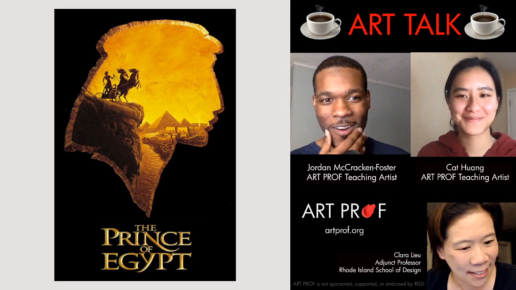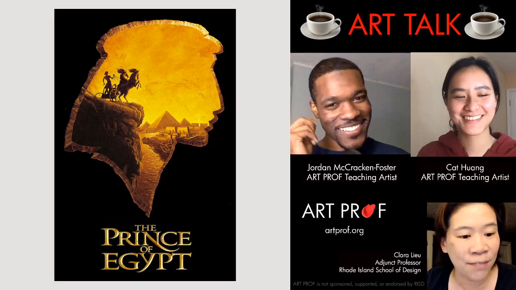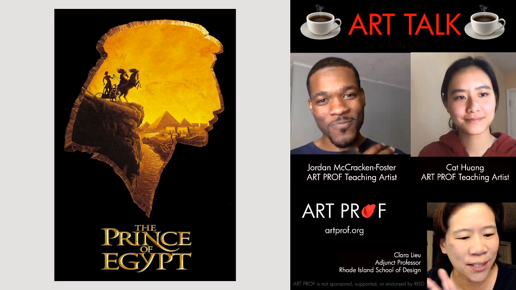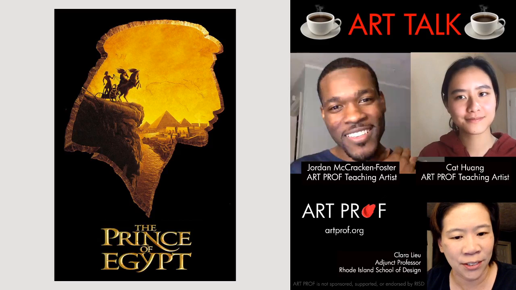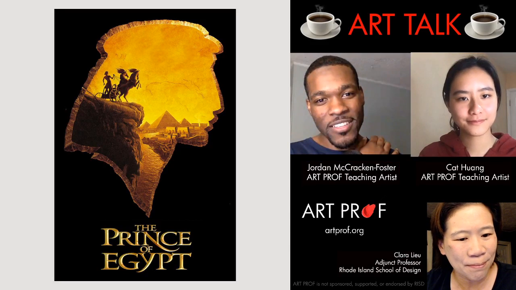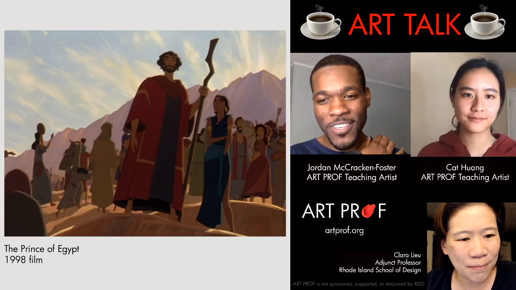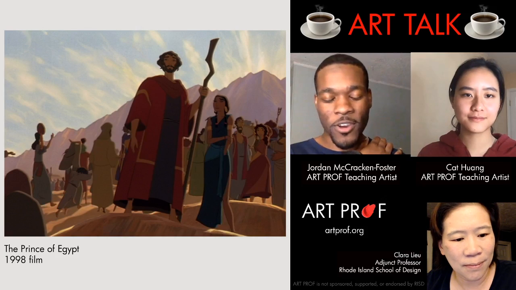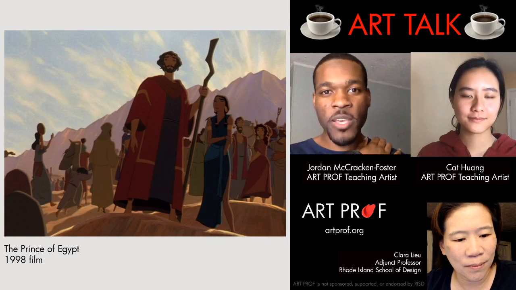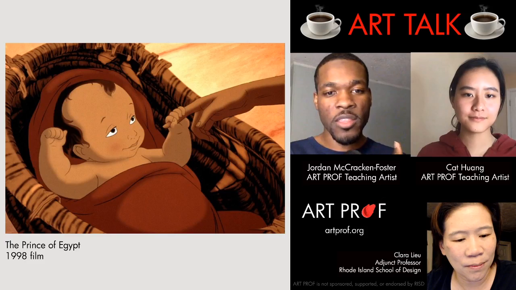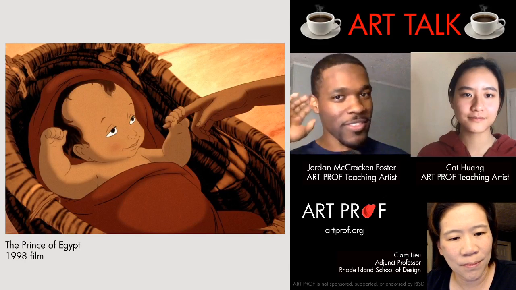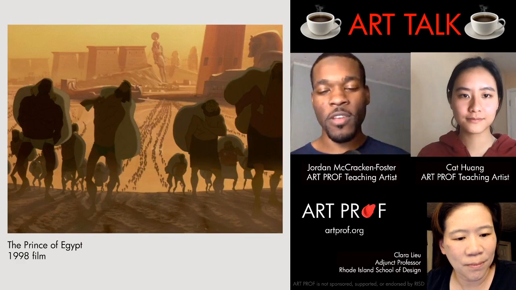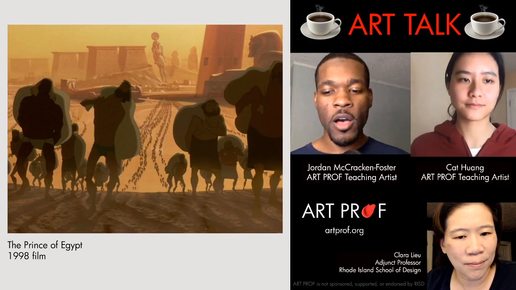This is from the 90s, the olden days. This is The Prince of Egypt. And Jordan, I'm going to let you explain this one because I know that this movie was very influential to you as an artist, right? Yeah, I actually didn't see this movie until my sophomore year in college for some reason, and I kept hearing about how great it was. And the movie is basically about Moses and the Exodus. So it's a story that's thousands of years old. I'm sure everyone has heard about the 10 plagues in Egypt and all this stuff. And so that's really what the movie's about.